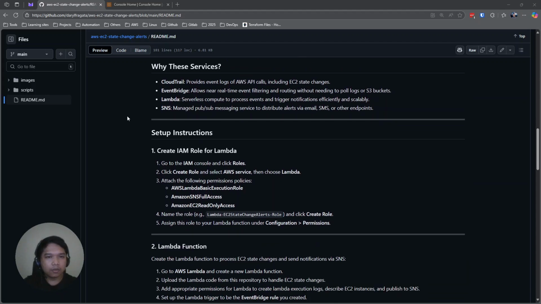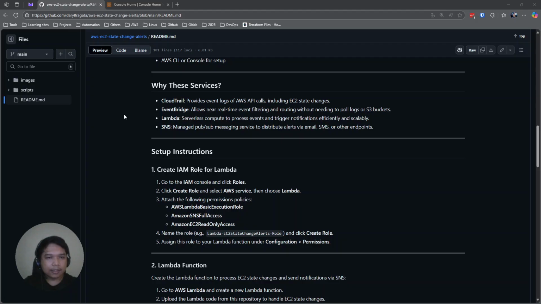Okay, so why these services? Why did we pick these services for this project? I think the short answer is most of these services are in the free tier.